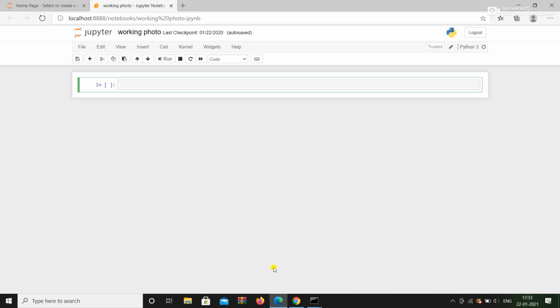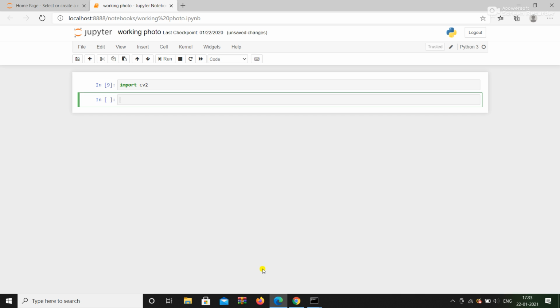So we already installed both libraries. Now I want to write the program. First of all, we need to import both libraries, OpenCV and matplotlib. So I type import cv2 for OpenCV, and press enter. In a Jupyter notebook, you can press Shift plus Enter to go to the next cell.